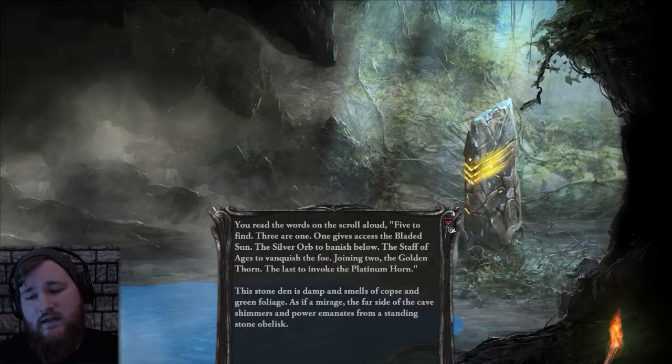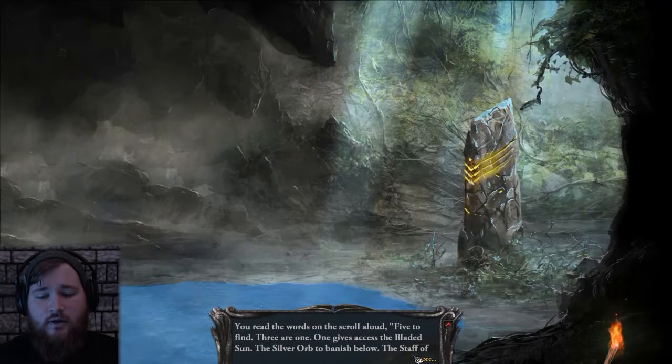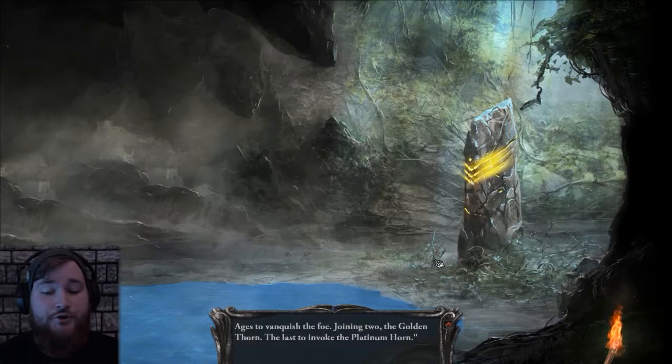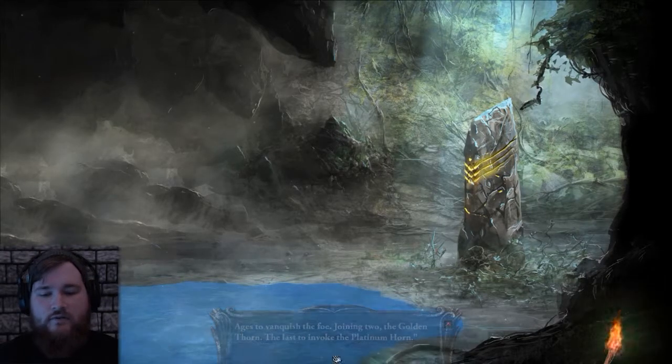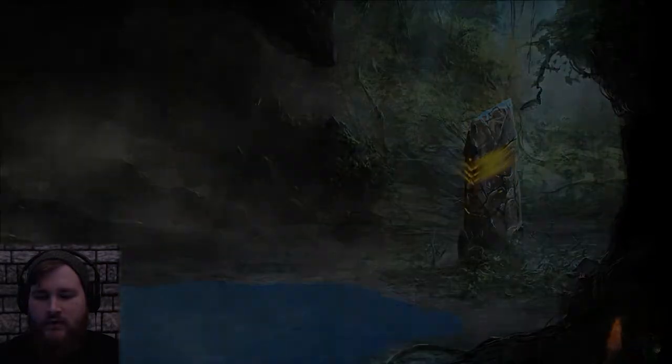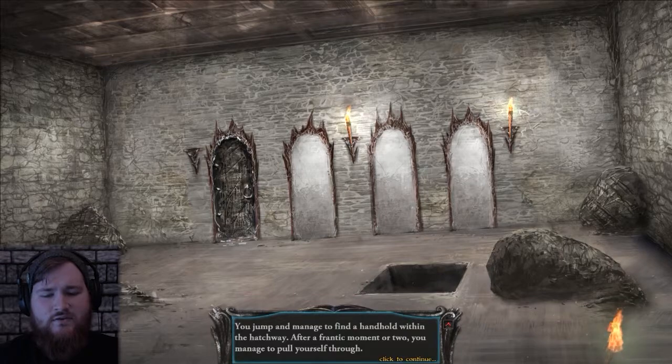Alright, so it sounds like these are going to be things that we're going to have to do throughout the game, because it talks about banishing the orb and vanquishing the foe. And so it makes me think that these events are going to play out throughout the game. So we're going to move along. And I'd like to go investigate the gears in the front hall, because this door,